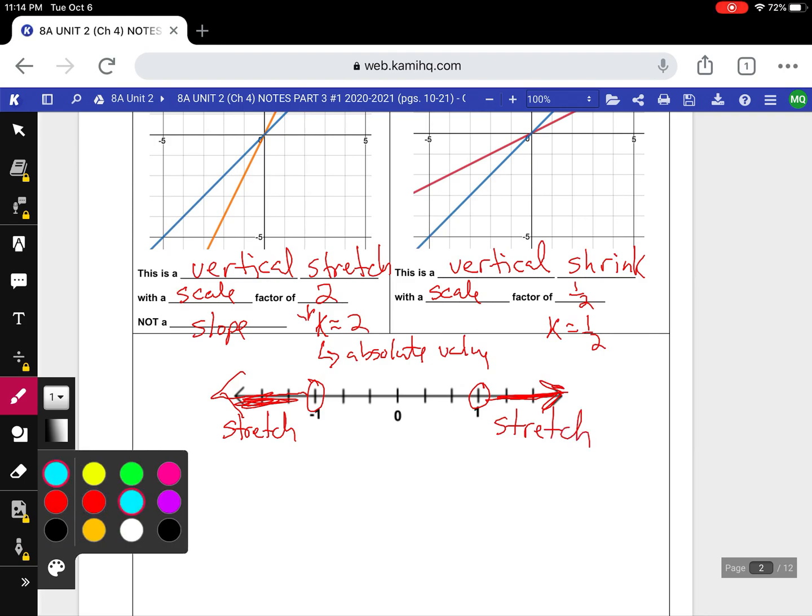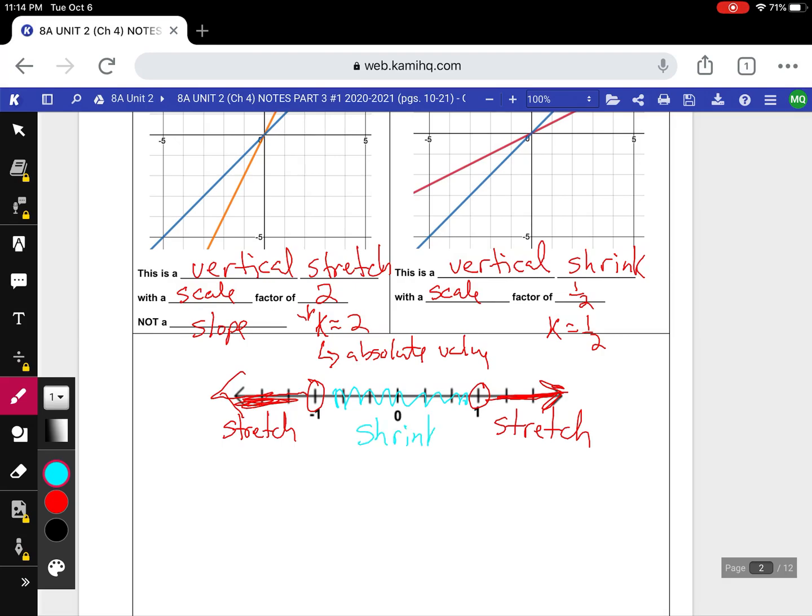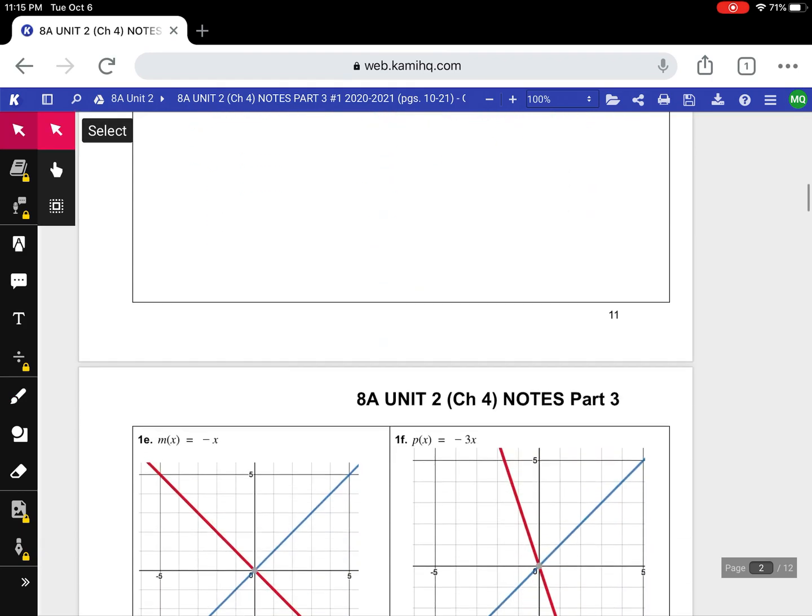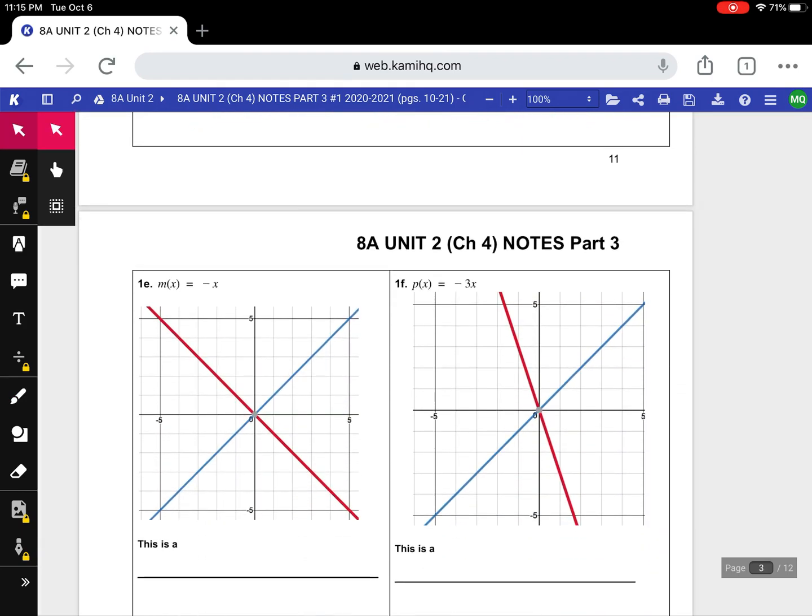And that is a stretch. Okay, but let's switch colors here. If we are in between, if we're right here, so 1/2, 1/3, 3/4, we are a shrink, okay? So that's why 2 is a stretch, -2 would be a stretch, 5 would be a stretch, but 1/2 was a shrink, okay? Moving right along, if we turn to the next page,